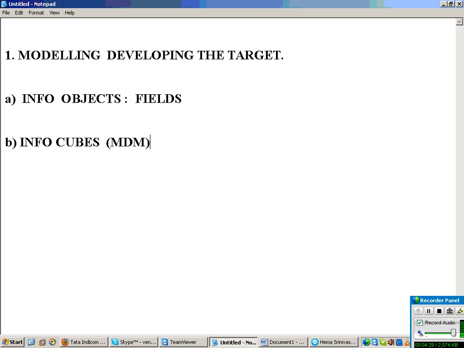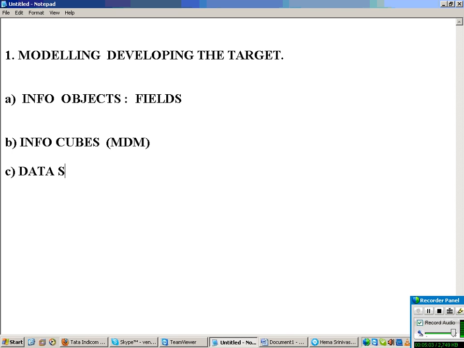The way you look at the data, at the front end we say cube, but internally in the database it refers to tables only. At the front end I am going to create a cube only, but internally in the database it generates tables only. The table will be surrounded by multiple tables. That is what a multi-dimensional model is. Okay? So next what you are going to come across is info cubes.